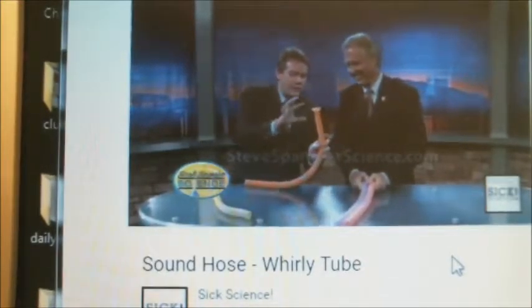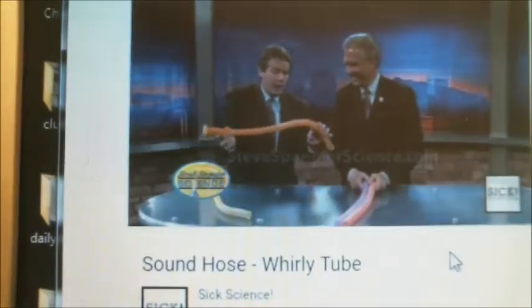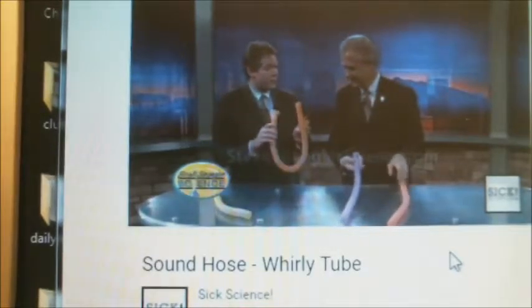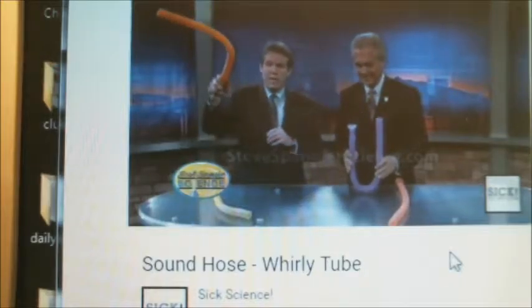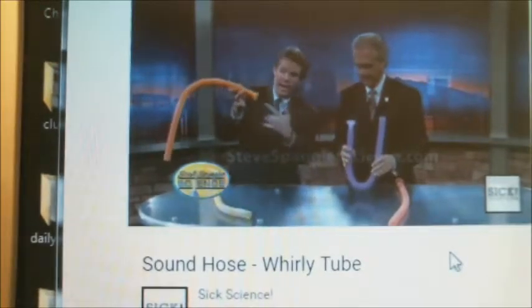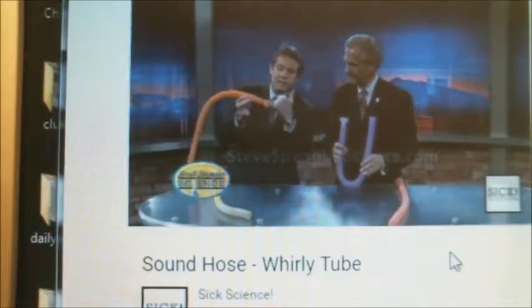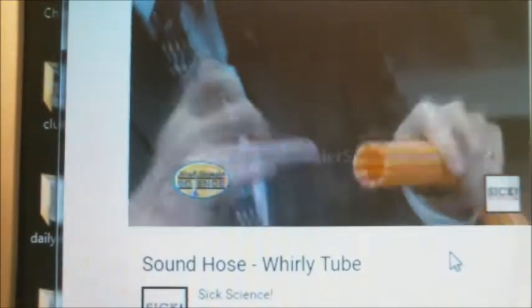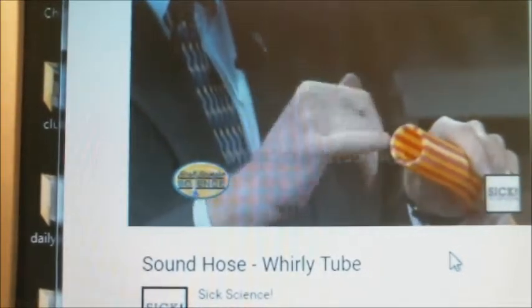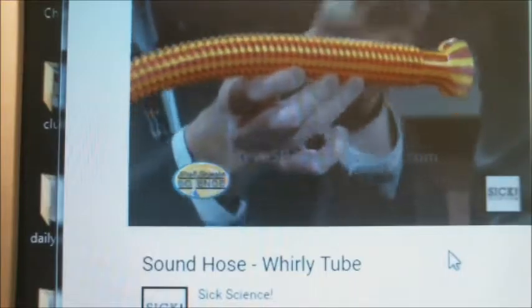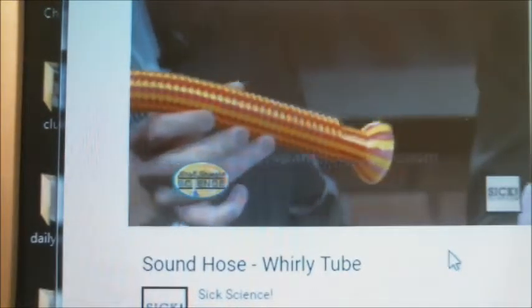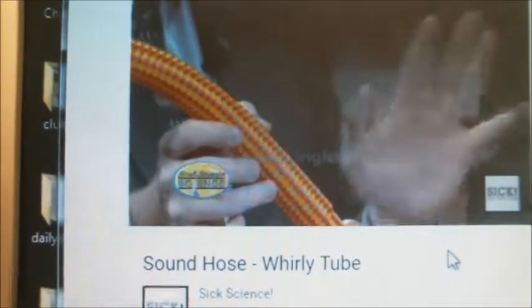All right. So the reason that this works is very, very cool, because if you know something about this, you will never look at your vacuum cleaner hose the same way again. As you swing this around, you're causing air to come in here. And because this is rippled on the inside, put your finger inside and feel. There are ridges on the inside. The molecules come in here, hit the little ridge, tumble, and fall, and they create little vortices. I know, it's pretty high science.